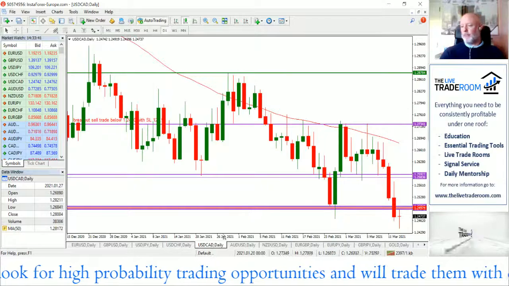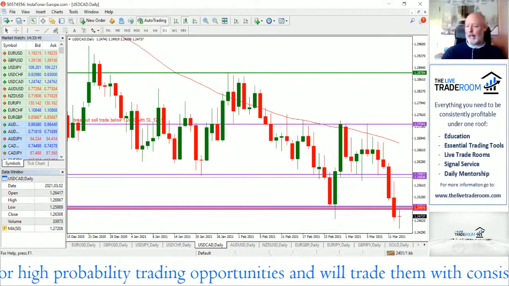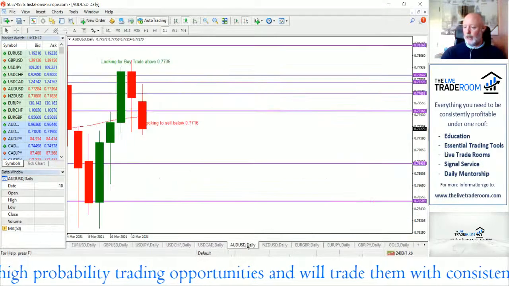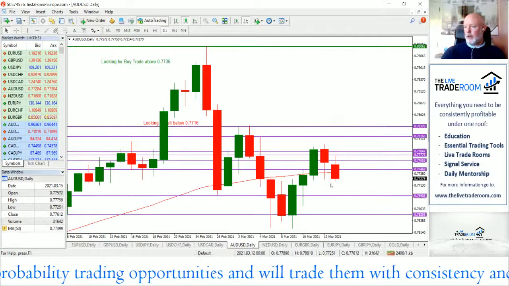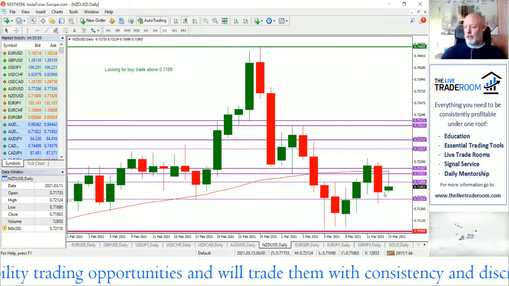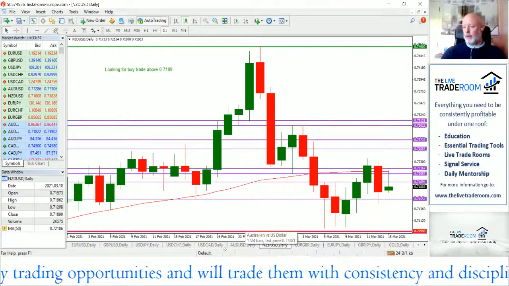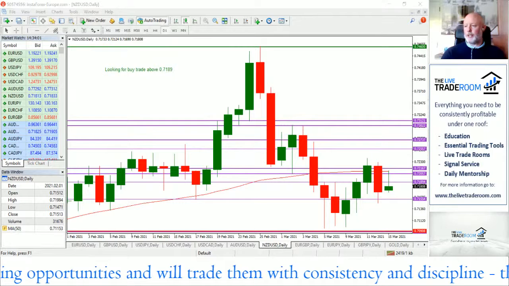And then we got some significant weakness against the Canadian dollar, which is benefiting from oil. But the dollar strength trade begins to kick in against the Aussie and not so much against the New Zealand. So we've got a mixed bag. So in the hierarchy of strength and weakness,